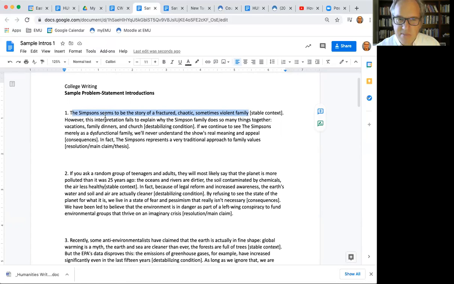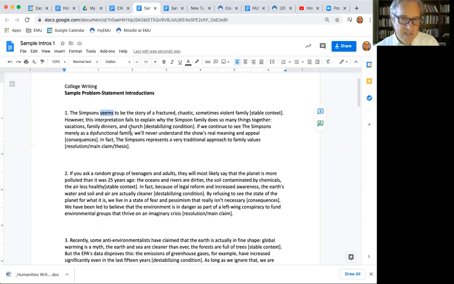The Simpsons seems to be the story of a fractured, chaotic, sometimes violent family. That word "seems" is doing a lot, just to signal to the reader that this may not be the author's view of what The Simpsons is really like, right? So this is, again, an on-the-page, fair, accurate description of a view that this paper writer is actually going to